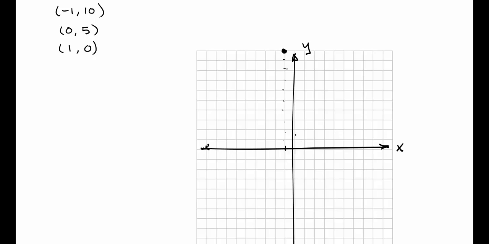Then I have the point 0, 1, 2, 3, 4, 5. And then my last point is 1, 0. So if you notice, I have 3 points here, and they should all fall on the same line. So if I actually try to draw a line through all 3 of these points, you'll see that that works. Okay, so that's one way